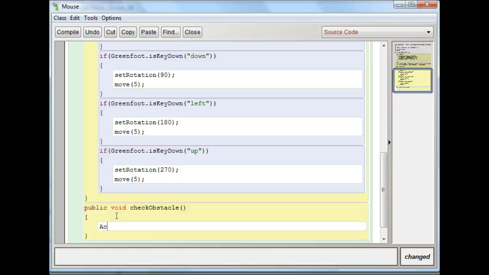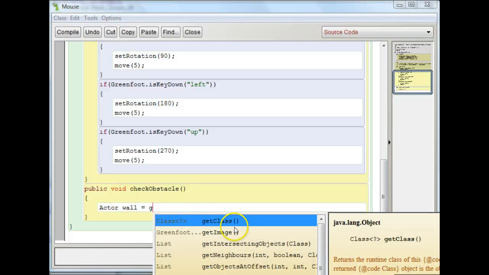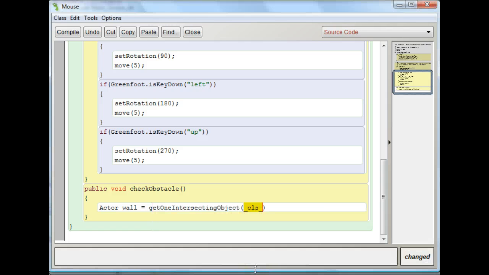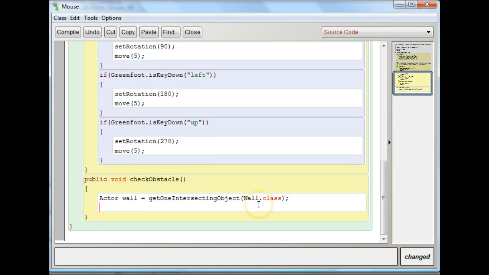So I'm going to say Actor wall equals, and we'll use the getOneIntersectingObject method, and we'll say Wall.class. So we're actually going to see if we land on top of a wall. And you've seen me do this many times. Basically, we're just checking for a collision, which we've done many times before. So I'm going to say if wall not equal null,